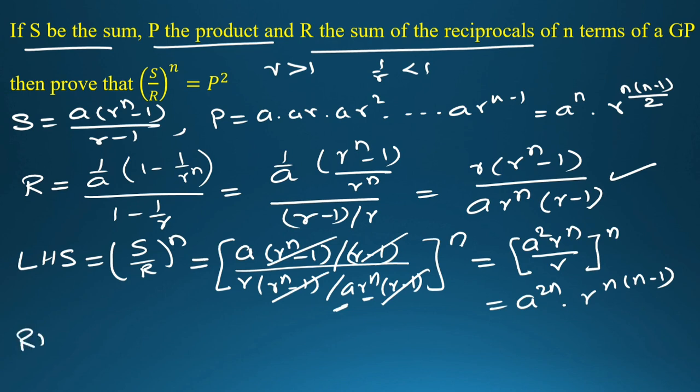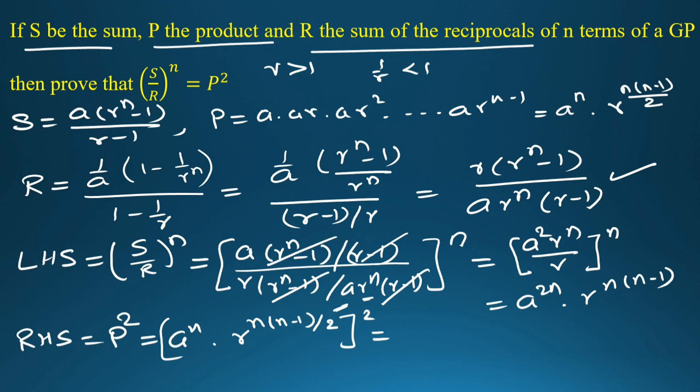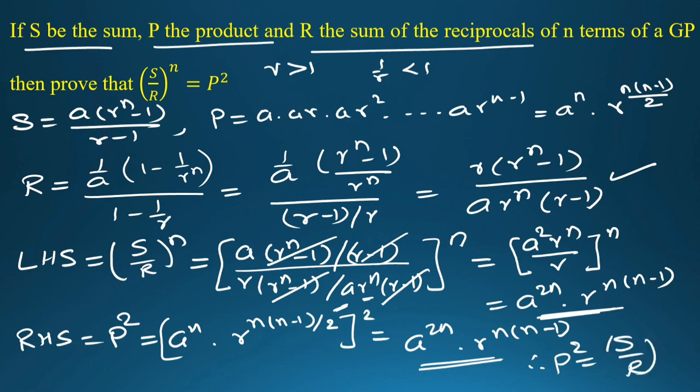Okay, now RHS is what? It is P to the power 2. Now what is the value of P? A to the power n times R to the power n into n minus 1 upon 2, to the whole power 2. So it will be A to the power 2n times R to the power n into n minus 1. Now you see both expressions are same. So therefore P square is equal to S upon R to the power